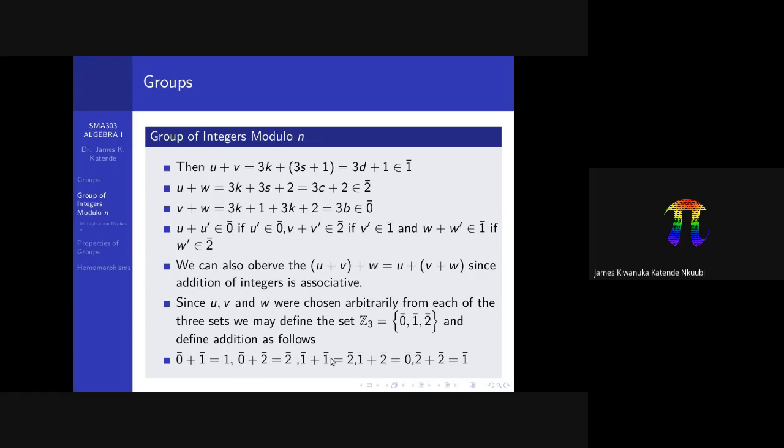Same idea as here. So we get all the additions like this. So bar 2 plus bar 2 will give you bar 1. We saw that here. If W is from bar 2 and we pick W prime from bar 2, if you add them, you will get something in bar 1. So we can define addition in that form